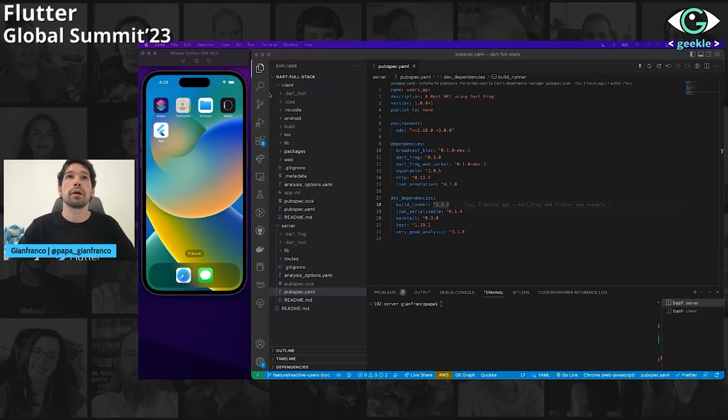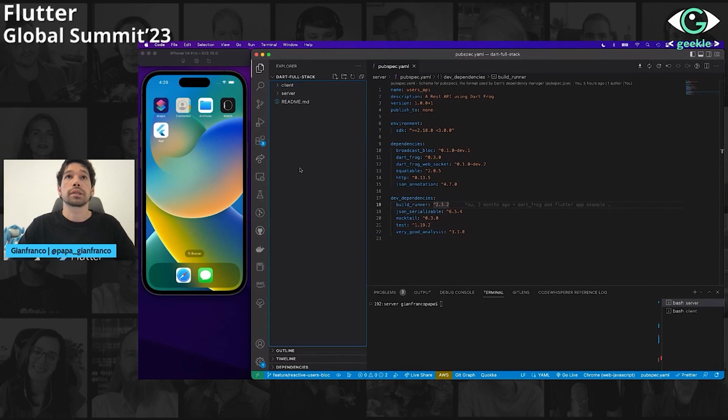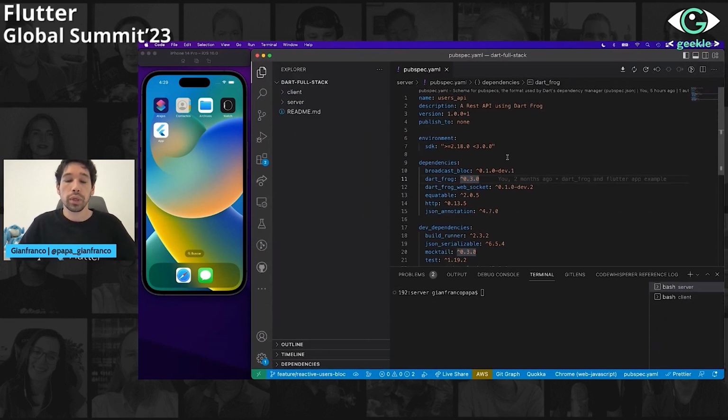Now here I have VS Code open, and we also have a simulator. We are going to run a simple project. And let me first explain how the project is built. Basically, we have a monorepo structure. And this is one of the advantages of using a monorepo. Imagine if someone is making changes on the server, maybe you can detect those changes and run your integration test in the front end.